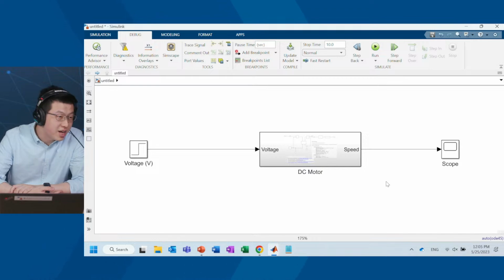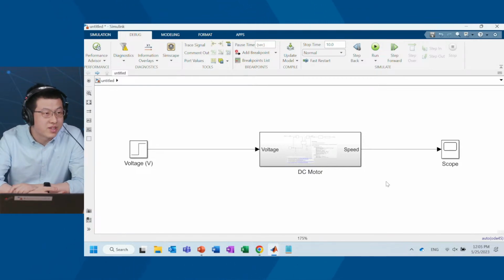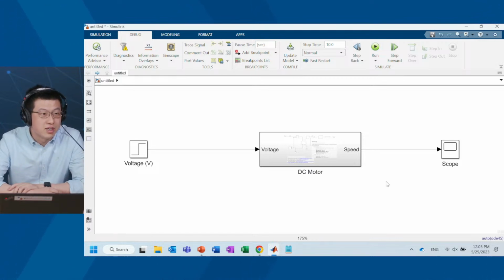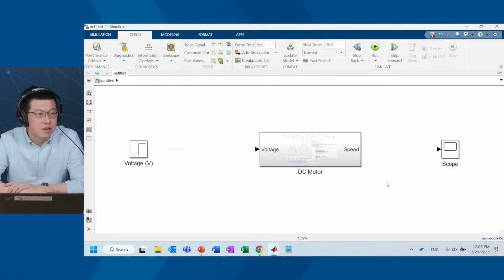And in order to do that, we need to first specify what the input reference speed is. There are different ways for us to define that. You might already have some data defined in an Excel spreadsheet. You might have already created a MATLAB variable that you want to bring into Simulink for specifying